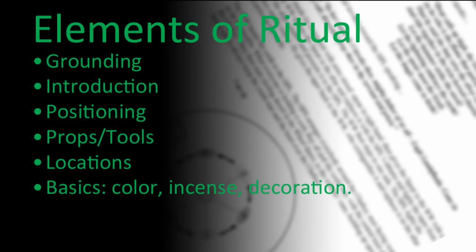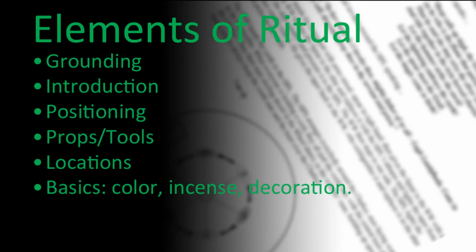Locations. So this is kind of like positioning, but maybe you want to think about locations of various people for various things. Like you also want to think when you're setting up the ritual, which direction is which direction. Is it the person speaking towards a street, or are they speaking towards trees, or are they speaking towards water, or whatever it is, so that you can take that into account and possibly move the position of your ritual to kind of take into account the environment around you.